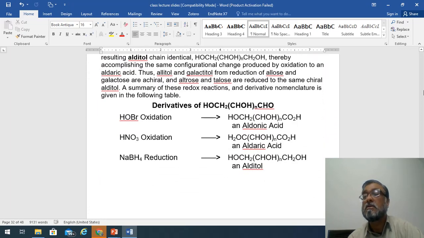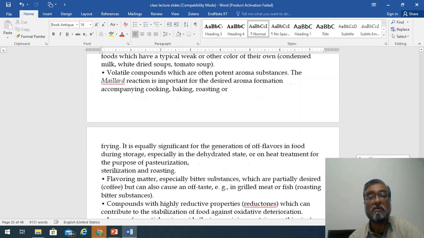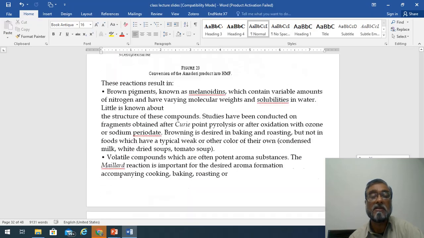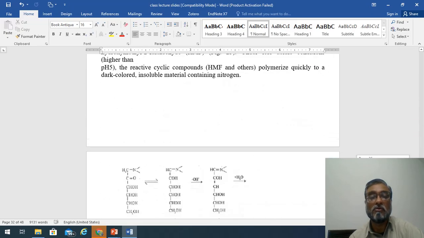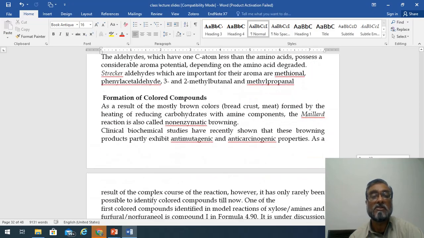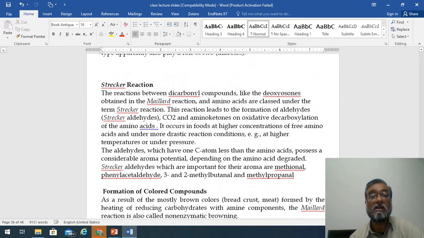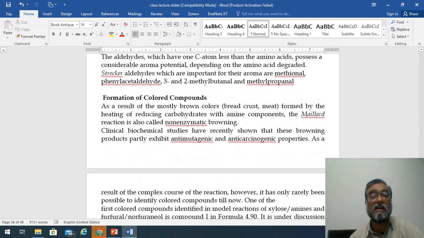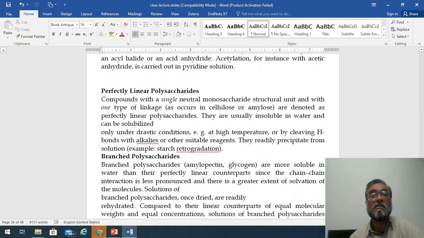So that's all for today. You will read all of these things, Strecker degradation, we have covered in the last lecture. So these you may consider your notes: Strecker degradation reactions, browning type of reaction, melanoidin formation reaction, Maillard reactions, caramelization reactions, esters formation. All of this, for the next time we will be starting with the polysaccharides